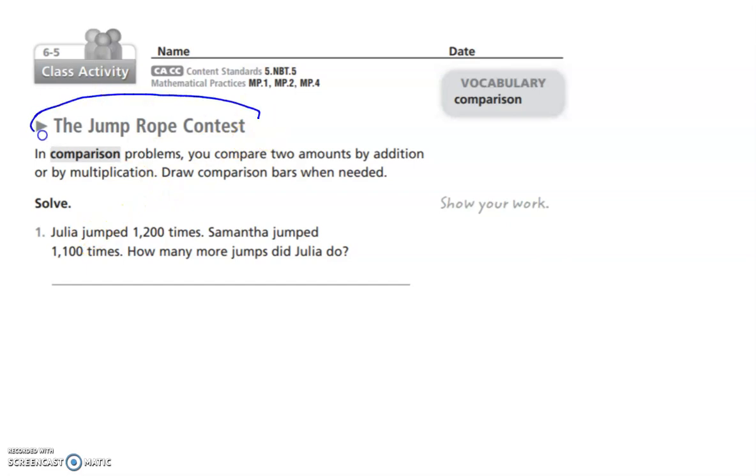these are all, first of all, problems about a jump rope contest, which is great. And number 1 is talking about Julia. It says she jumped 1,200 times, and that Samantha jumped 1,100 times. And it says, how many more jumps did Julia do? Well, you guys are in 5th grade, so I know that you already know that the answer is 100 more jumps, right? But I want to start off with this easy one to show you what that comparison bar would be. So basically what that means is that Julia